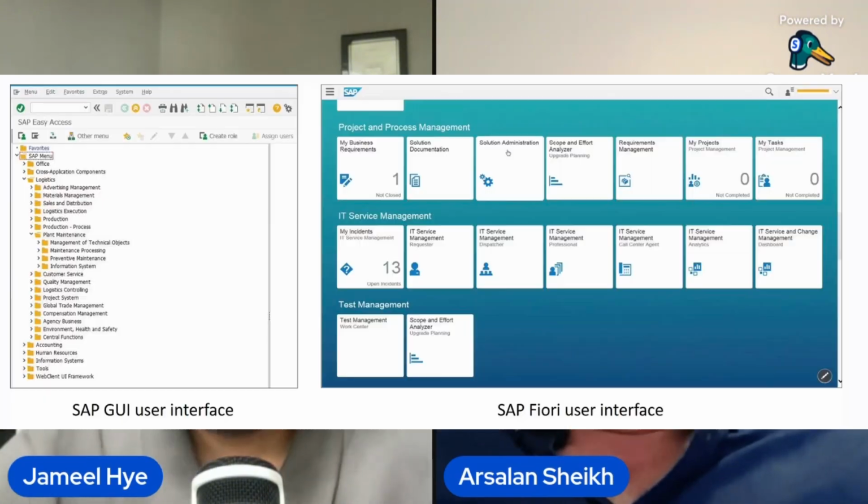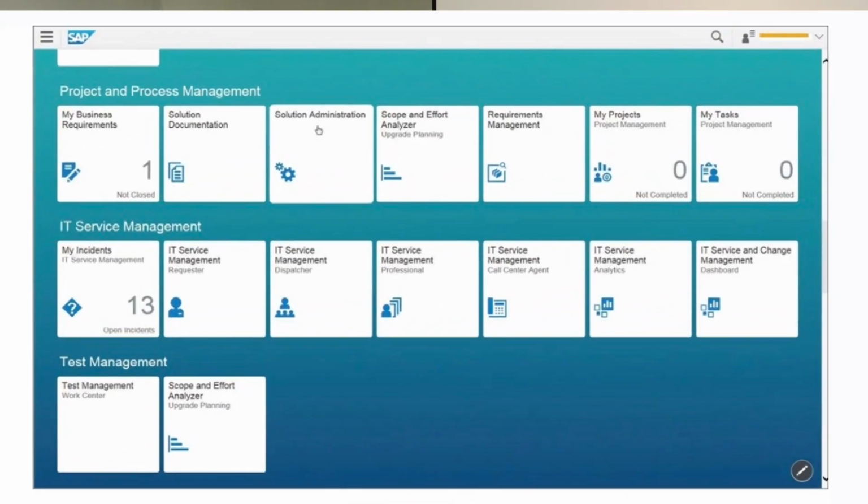I would say the most fundamental change that people will see when they move to S4HANA is the user interface has changed dramatically. The graphical user interface is now web based. They've got what they call an application layer called Fiori, and it's made to allow people to interact a lot more easily using a web interface. Now, that I would say is probably the most important one when the users look at it.